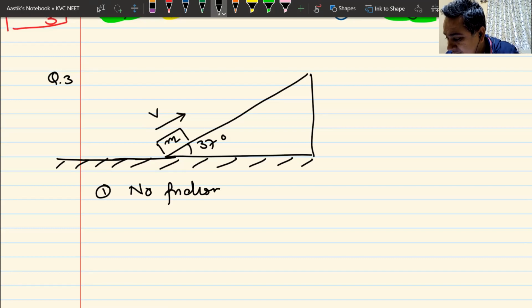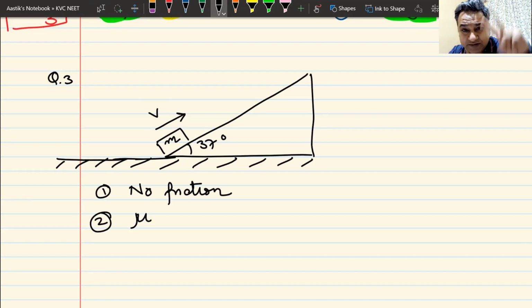So I have made two cases here, two questions. Case number 2, friction is, the coefficient of friction is mu. So there are two cases in which you have to solve this question. But what is the question? I have pushed it up with a velocity v. Friction or no friction, it will come up to a certain height